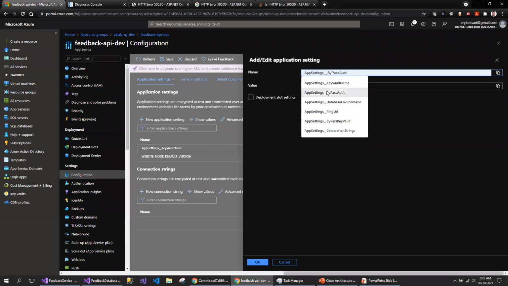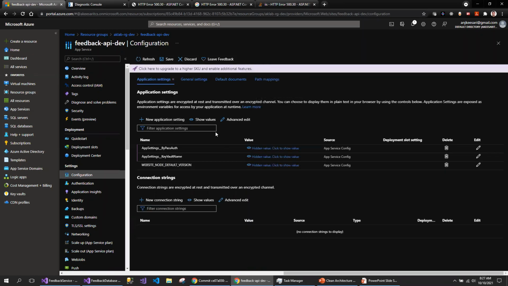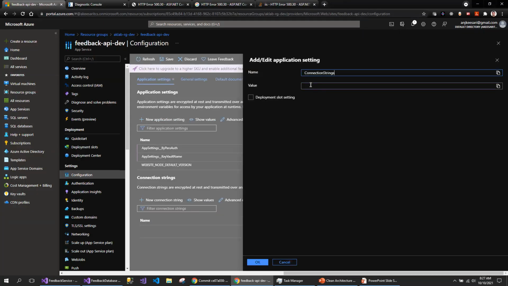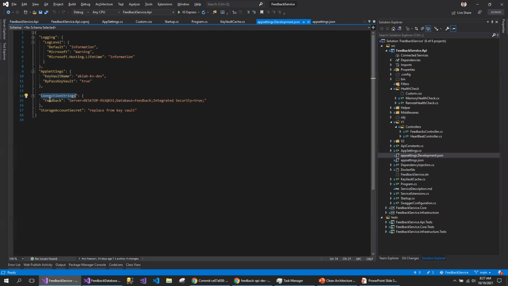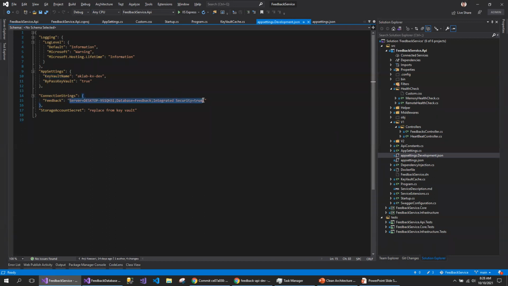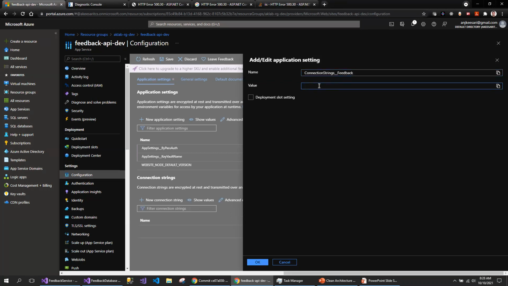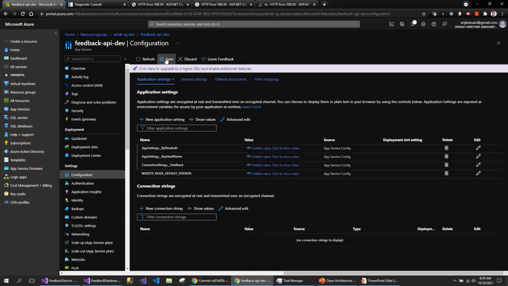I'm also going to add bypass equal to false. Make sure that it is actually connecting to the key vault, not bypassing in the app service. So I will add these two. Let me see. I also need the connection string, so I can add all of them together. This is my local connection string. I don't have the connection string yet, so I'm going to come back here to the DB and add that connection string later. For now, I will save it.